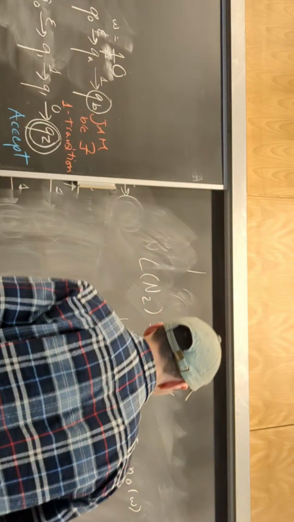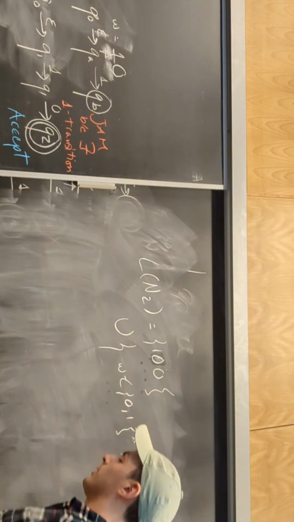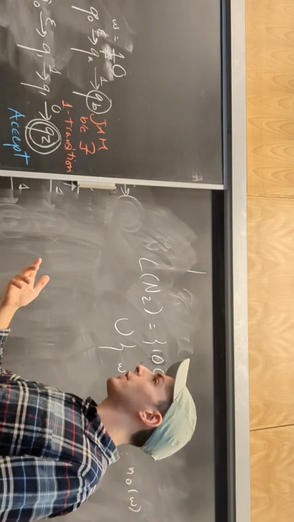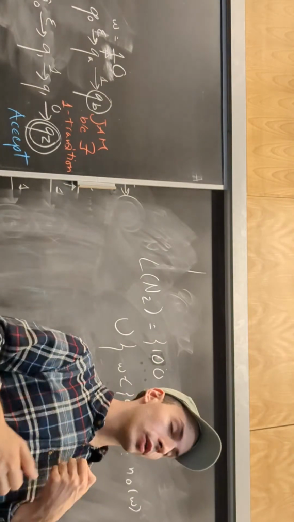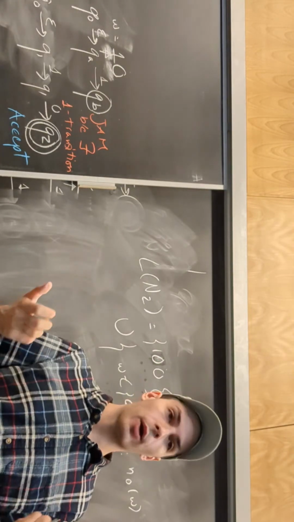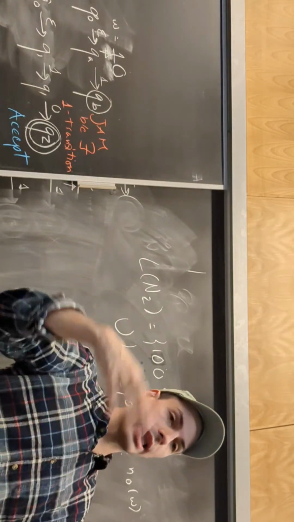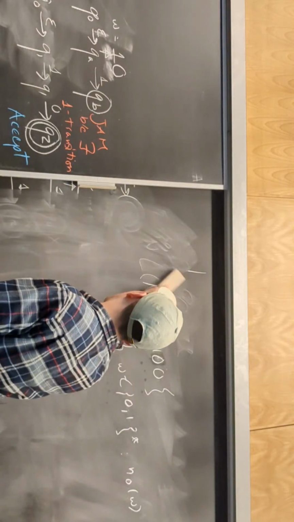So why is this interesting, right? We're talking about language acceptors and decision problems and so on. Why is this interesting? Because it turns out if you design a machine that accepts a language using an NFA, a DFA, or an NFA plus epsilon, you don't actually gain any computational power, right? All of these machines are equivalent in terms of what languages they can accept, right? So a very powerful result